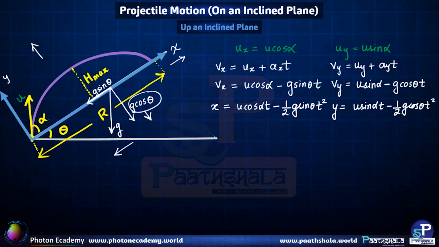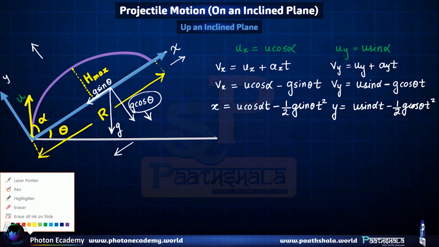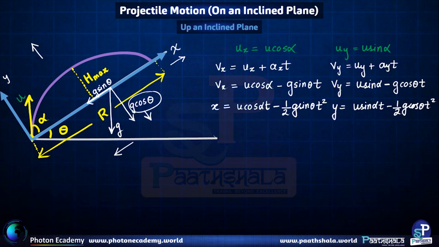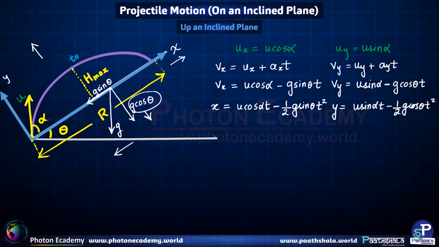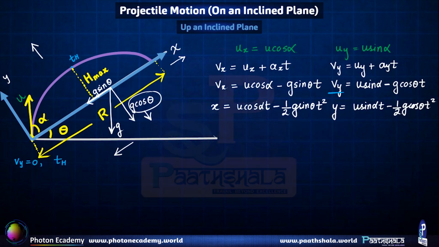Now if we would like to find out the maximum height and the time taken to reach maximum height and the time of flight and the range, we use similar logic to the logic or physical intuition that we have used in ground to ground projectile motion. So in order to find the time taken to reach maximum height th, what do we have to employ? Simply the fact that Vy, the vertical velocity, becomes 0 at th. So putting Vy equal to 0 in order to find th, we get